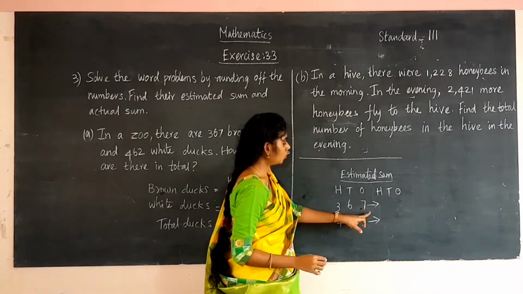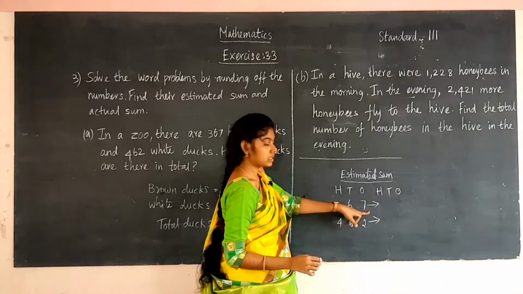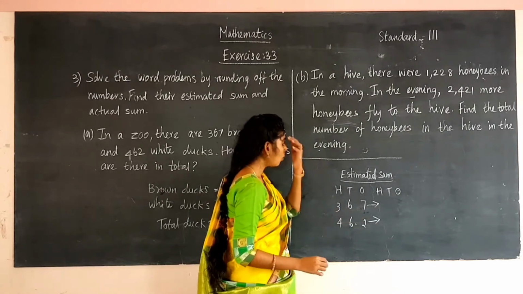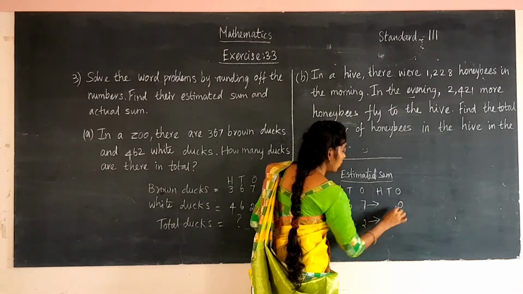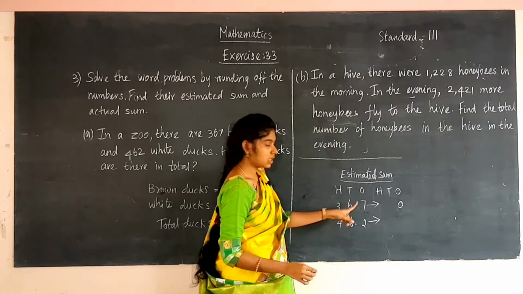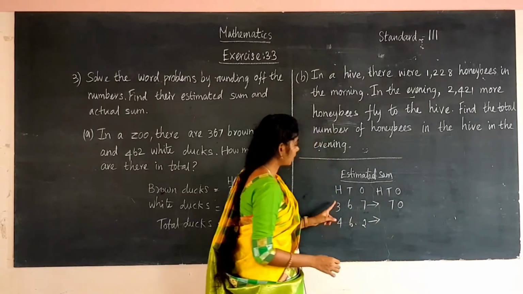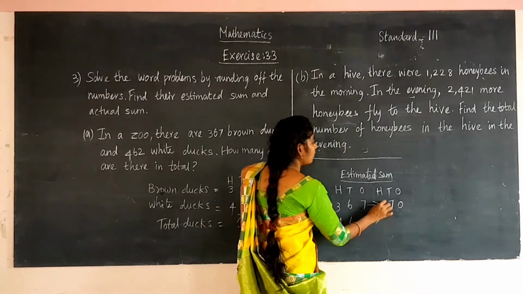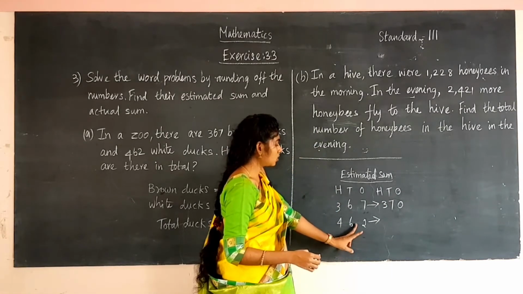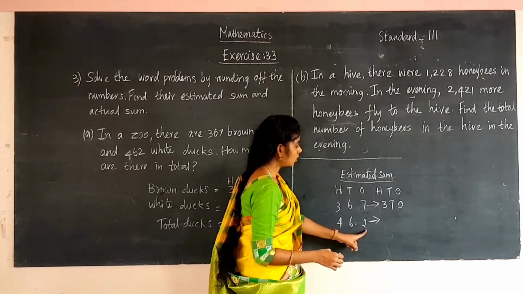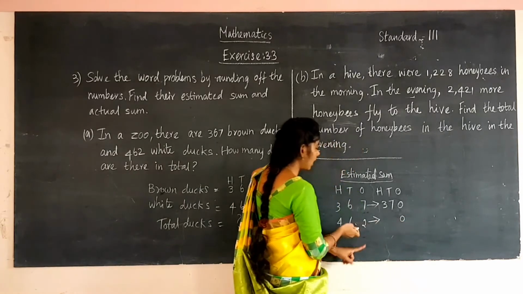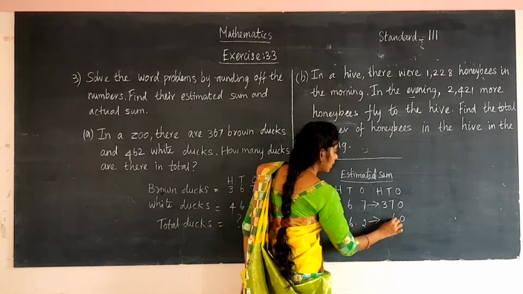So 7, you have to round off the number, we look at the ones place number which is more than 5. So you have to write 0 in the ones place and add 1 to the tens place number. 6 plus 1 is 7, so write 7. And then here 3 in the hundreds place, so write that number as it is. You are going to round only up to the nearest tens. So 2, check the ones place, which is less than 5. So you write 0 in the ones place and write the remaining numbers as they are given there, 6 and 4.